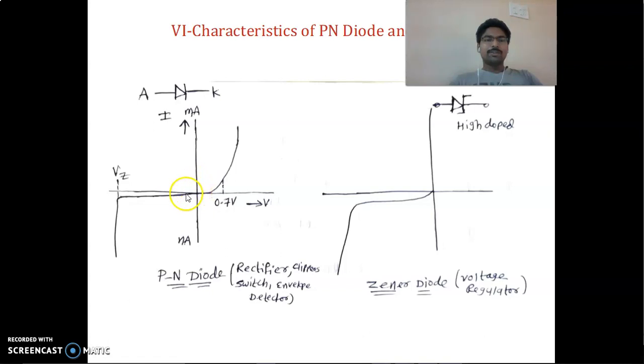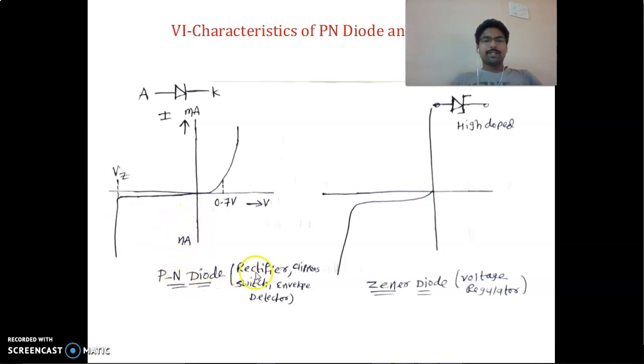Now in the reverse bias, if you increase the reverse voltage, the current is very negligible. If you increase with high voltage also, the current is very less. And after some voltage called Zener voltage, the diode breaks down and high current will flow in the circuit. But at this point, we are not able to use the diode in applications. In reverse bias, the current is in nanoamperes.